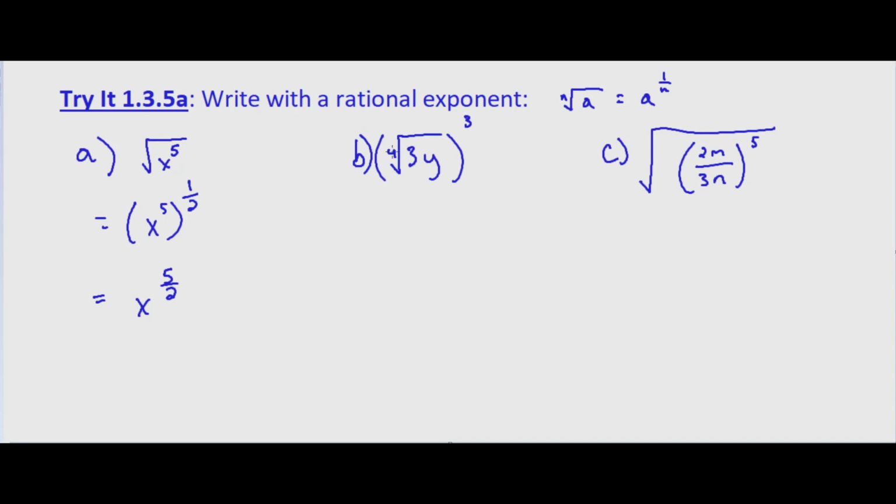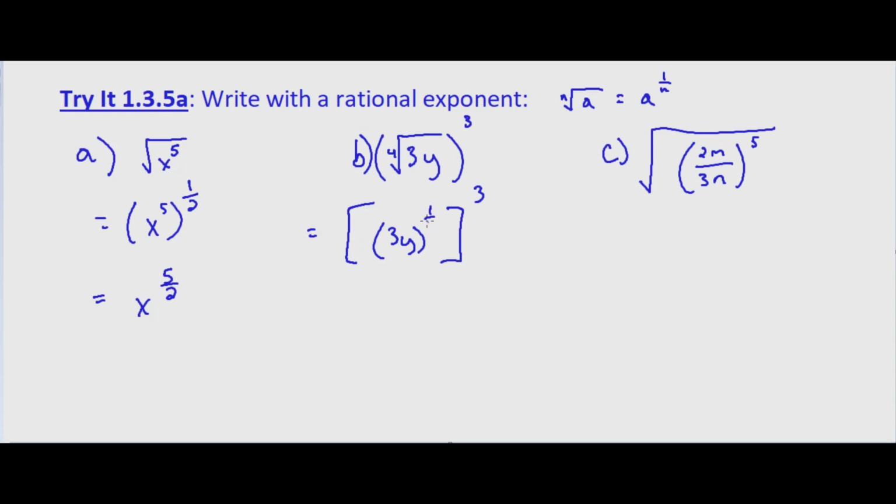We get a little more complicated with part B. We have the 4th root of 3y cubed. So n equals 4. So let's write as a rational exponent inside the parentheses first. Everything's going to be cubed, but we have the 4th root of 3y, which is going to be 3y